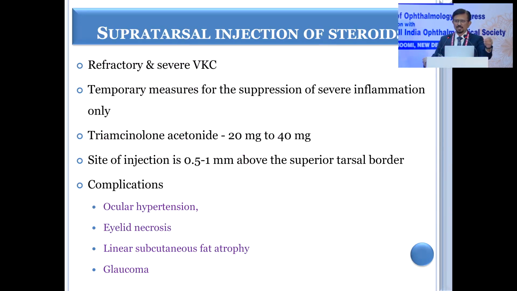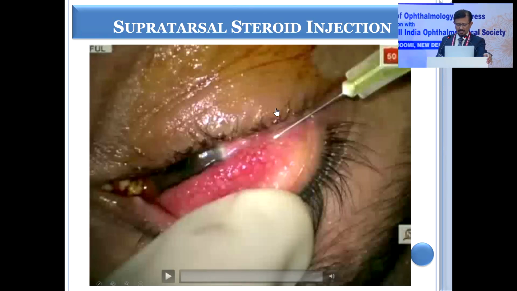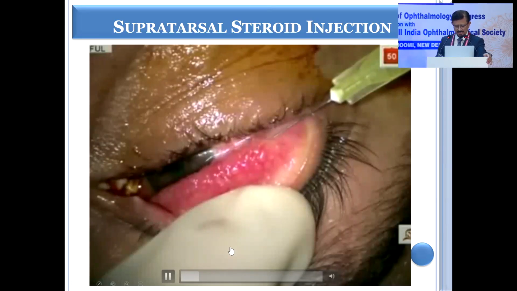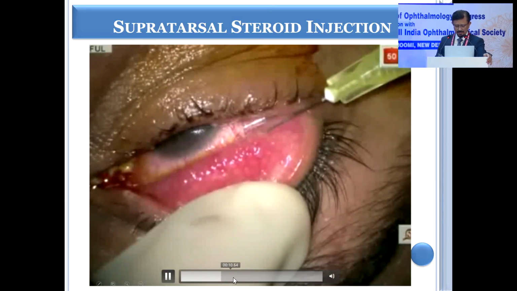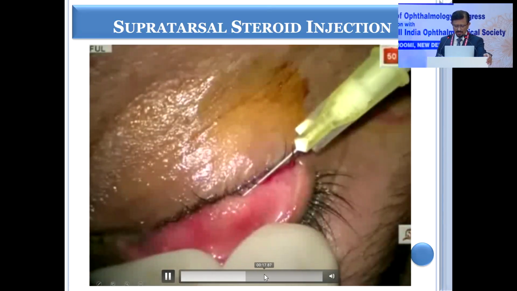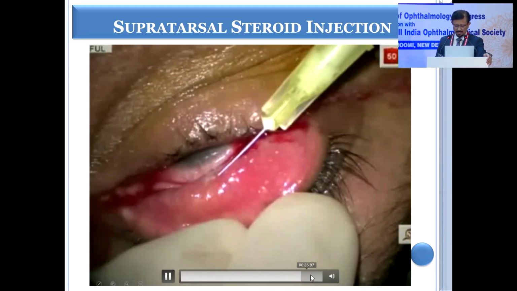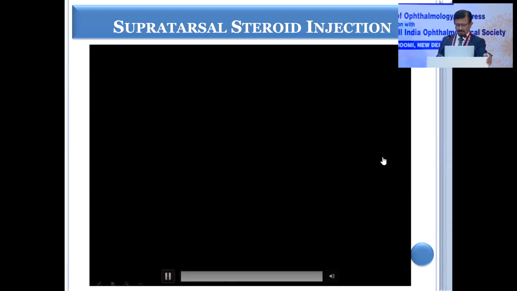As I mentioned, supratarsal injection of steroid is usually very effective. You can use triamcinolone 0.5 ml injection, evert the lid, go beyond the tarsus, and inject at multiple sites. You may have to inject it multiple times in cases of severe cobblestoning. This is still a slightly better one. We have injected, you can see the kind of cobblestoning that was there, but there can be even worse scenarios wherein you may have to inject supratarsal steroid 2 to 3 times.